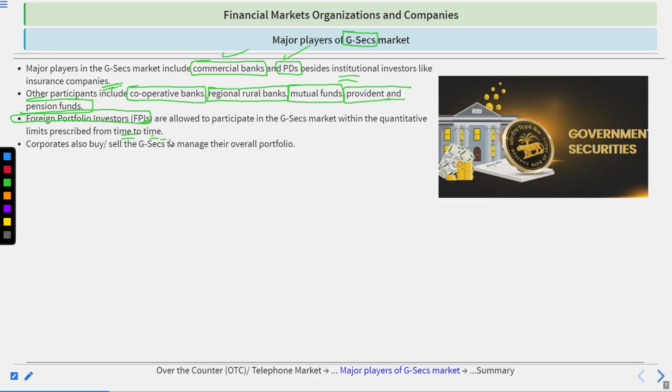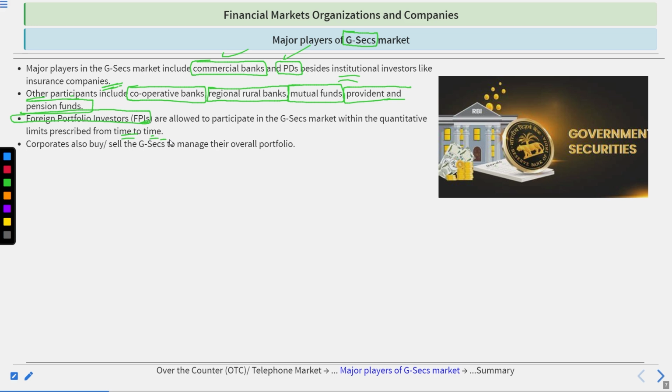Foreign portfolio investors are those who participate in the Indian financial market for their own benefit. So their incoming and outgoing could have an impact on the financial markets. If they are coming to the market, they are infusing their money, and when the money is infused, automatically the prices of the securities will be higher. The market value will be higher. But if suddenly they withdraw from the market, then prices will fall and the market will crash. Because they have an impact on our financial market, their incoming and outgoing matters for us.